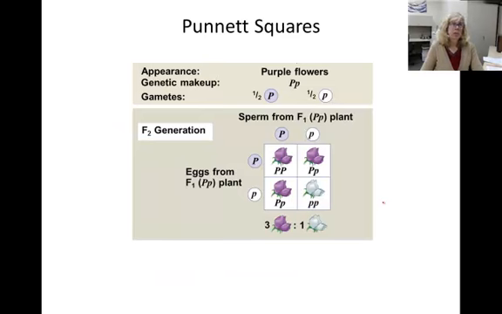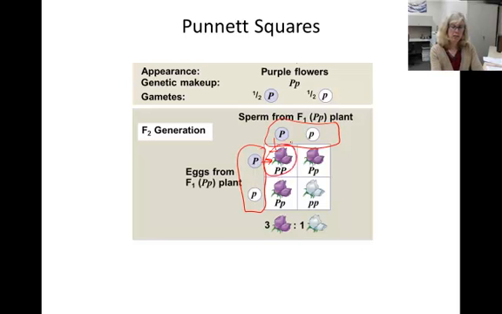Punnett squares are used to predict the genotype of offspring if you're given the genotypes of the parents. For instance, in this case, we have two parents from the F1 generation that are both heterozygotes for the P allele that determines the presence of anthocyanin. So the possible gametes from mom are either the big P or the little p, and the possible gametes from dad are the big P or the little p. You can then fill in the table to figure out how likely it is that an organism will